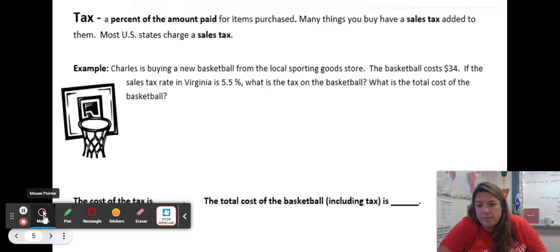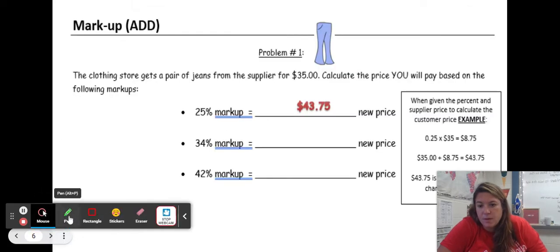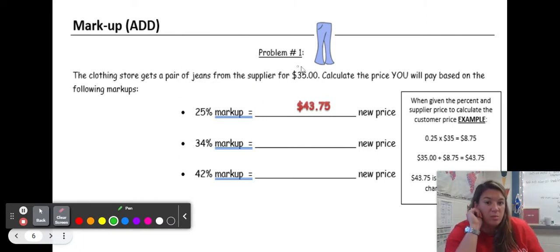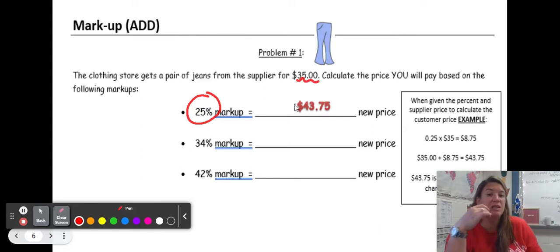So markup is finding when department stores have clothes, they mark them up from what they had to buy them for. So like there's a cost to create things, and a markup is what they want to make money on, right? So if they get jeans from a supplier for $35, but they want to charge a 25% markup to make money, then they're going to put what is 25% of this 35 to get the new price